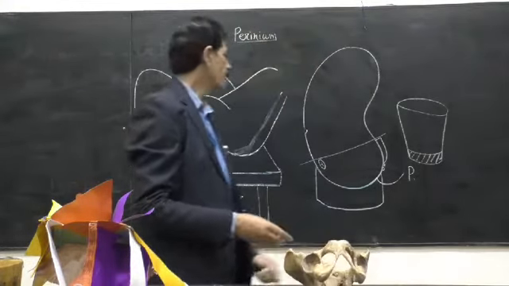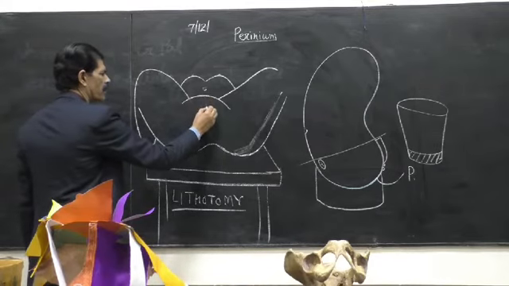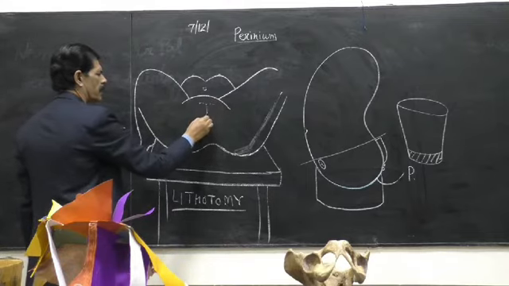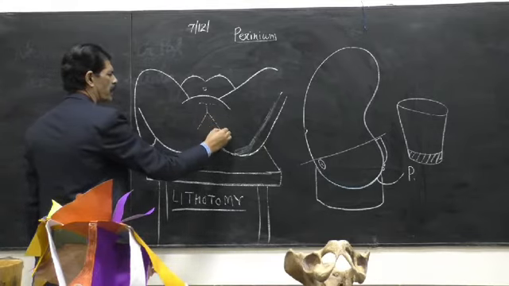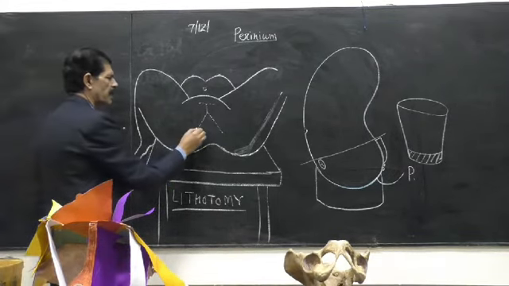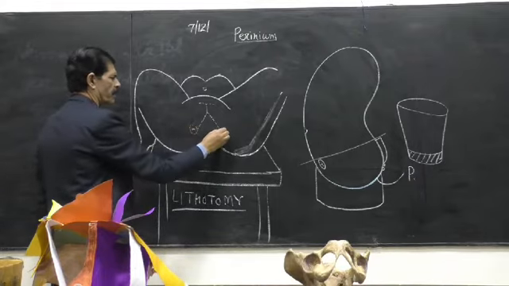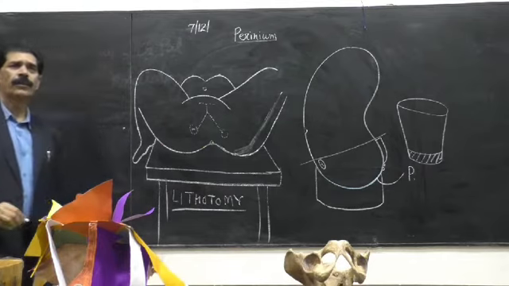So what are the bony points here in this position? So in the midline, here comes the pubic symphysis. This is the pubic crest. And this is the subpubic angle, that is the ischiopubic ramus. And where the ischiopubic ramus ends, there comes the ischial tuberosity. This is the ischial tuberosity. And here comes the tip of the coccyx in the lithotomy position.